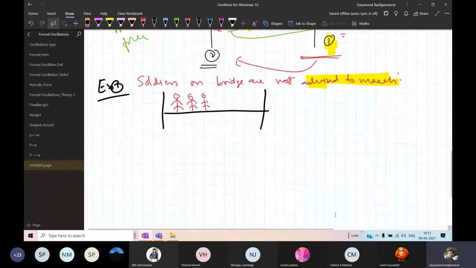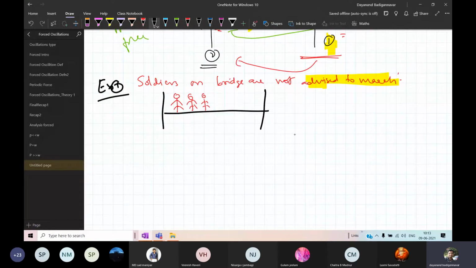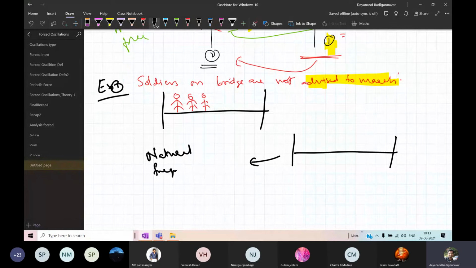What happens if there is a bridge? This bridge has a certain natural frequency of its own. Why? Because it is oscillating under the influence of some force. If there is an airflow under the bridge, the airflow will start to vibrate the bridge. Once it is vibrating, it can have a certain natural frequency n. You can calculate the n for the bridge later on in your higher course.